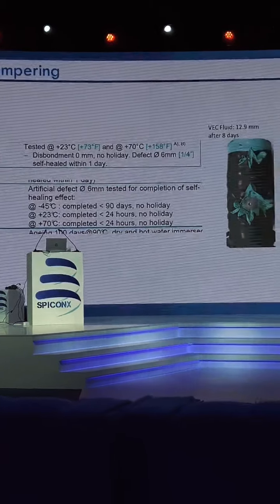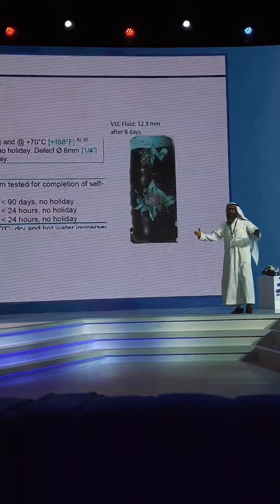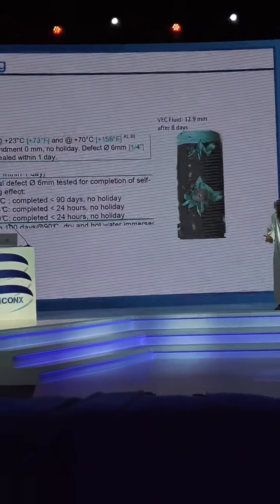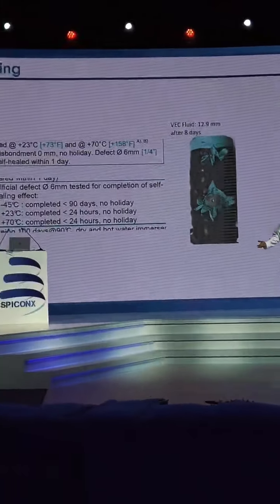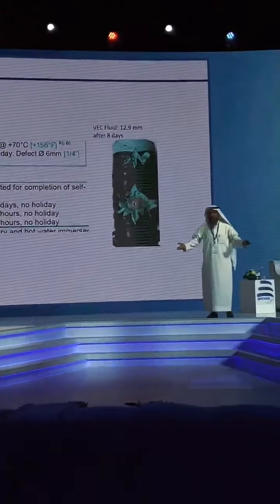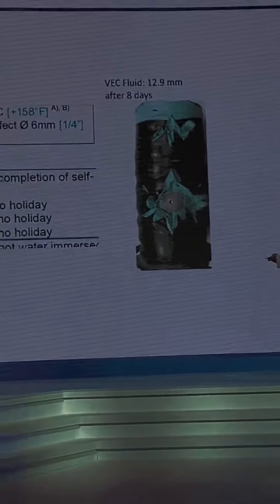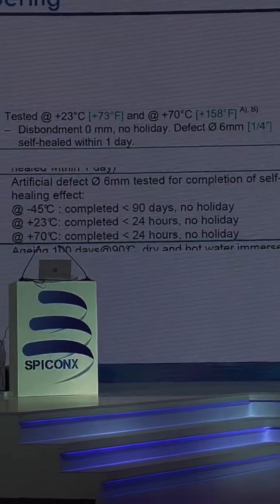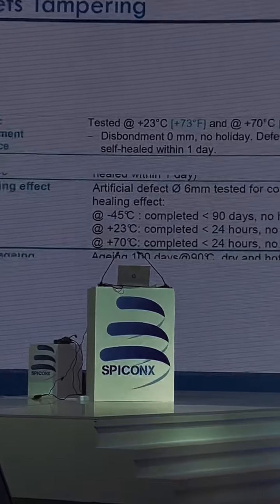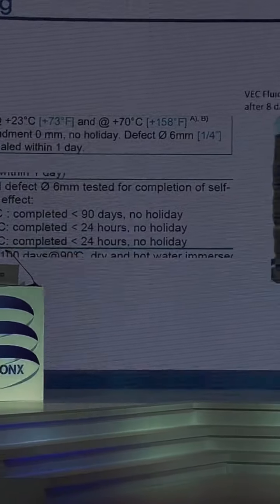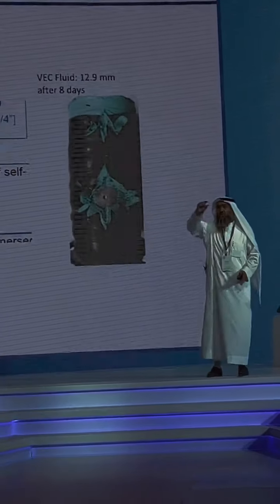If you go to 70, they didn't write the right number. They say less than 1 day, less than 24 hours. Because 5 minutes is less than 24 hours, or 1 hour is less than 1 day or 24 hours. And this is what they are hiding. It is viscous, it is ketchup at 70 degrees. This is what you are now installing in your pipeline and you expect it to work for 30 years. Go and inspect your pipes, which are under operation for 5 years, and challenge me if you find the same